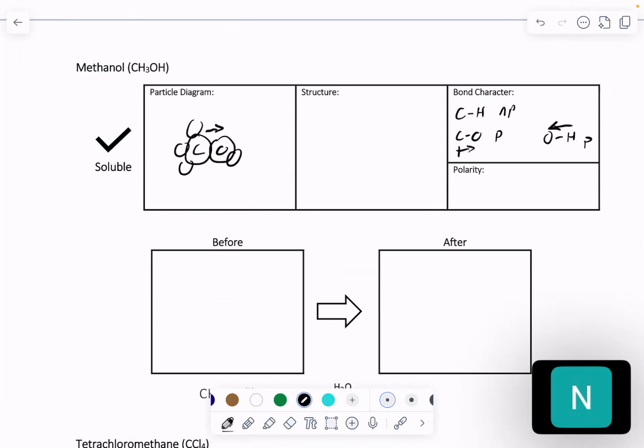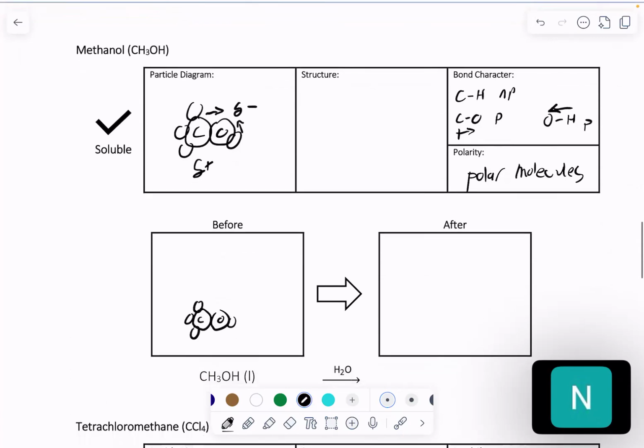So what we should expect is that the oxygen side of this molecule is partially negative, and the rest of the molecule is going to end up being partially positive. So this is a polar molecule. So if I'm drawing just a particle diagram, here's my carbon, here's my oxygen. Again, I'm just going to use circles to represent the waters. All of the bonds in here are covalent, so we will not dissociate anything. The carbon stays bonded to the oxygen, the hydrogens stay bonded,